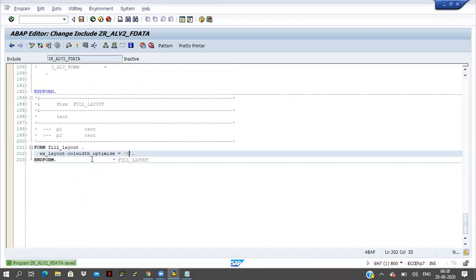In this work area I have one field called colwidth_optimize. Colwidth_optimize equal to X.